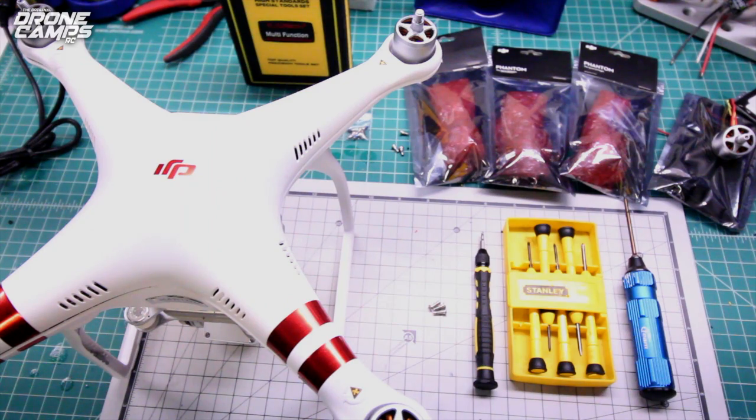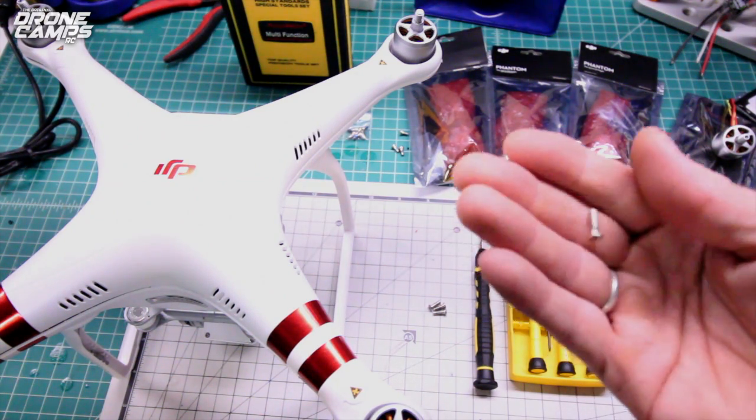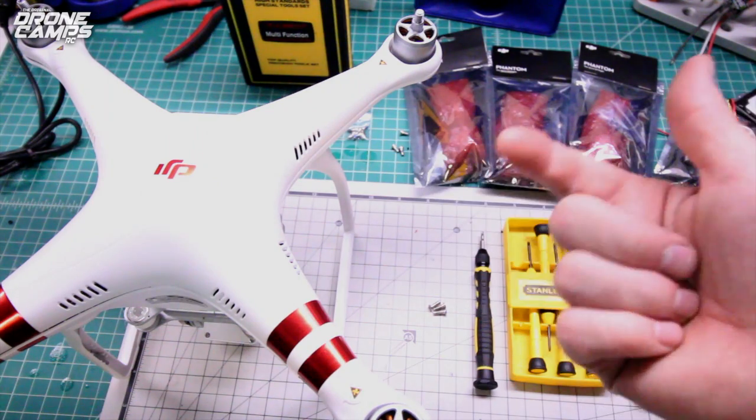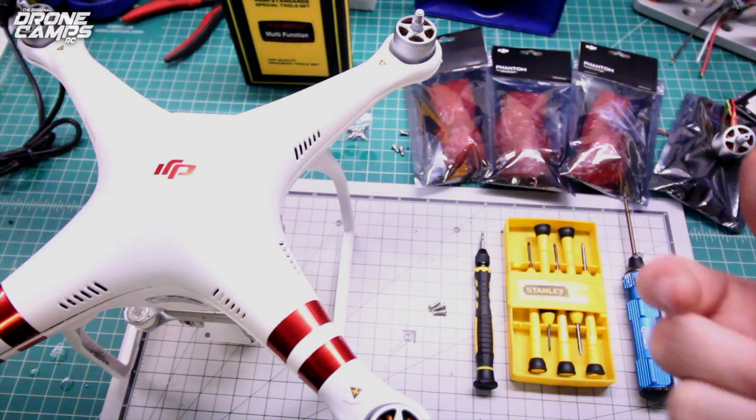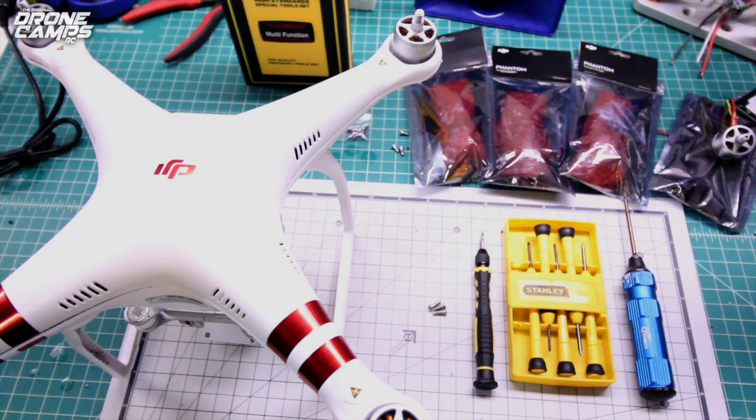Today we're going to do a DJI Phantom 3 Standard repair. We had an issue where somebody put the longer screws up inside the motors, and when you do that, it shorts out the motor and damages the motor. Well, this particular one, it happened on all four motors, so I'm going to show you what you need and